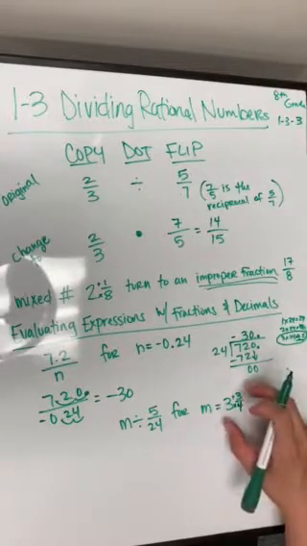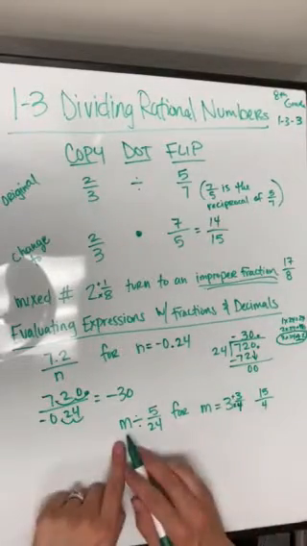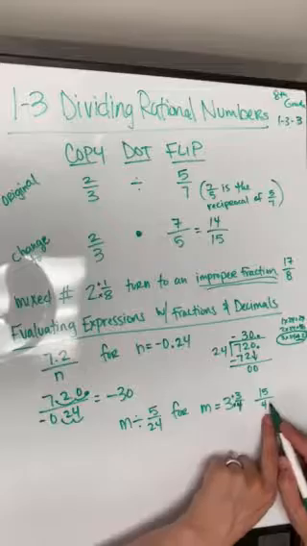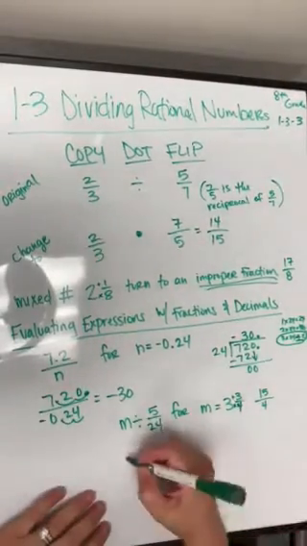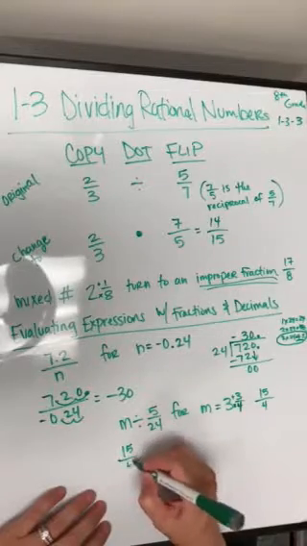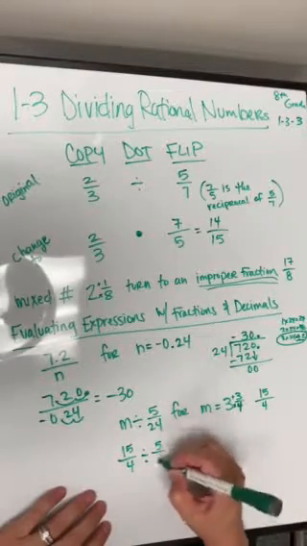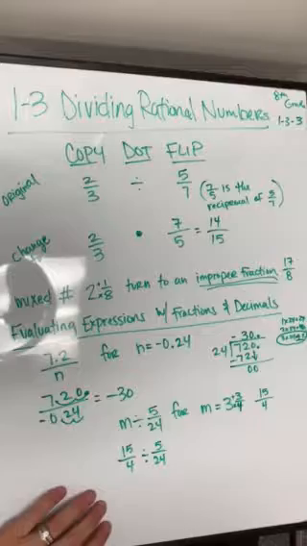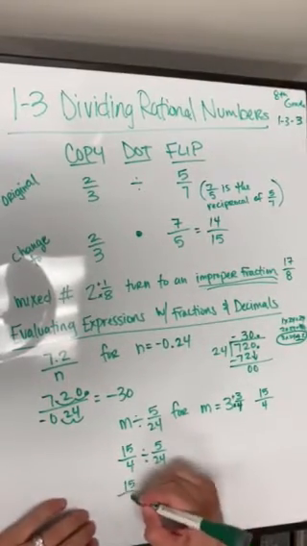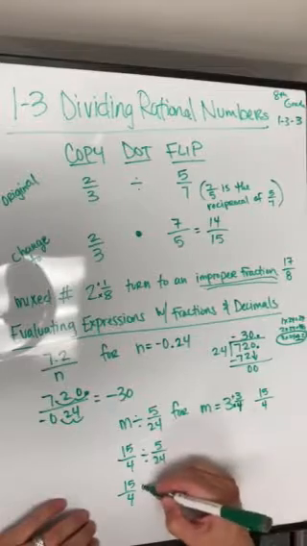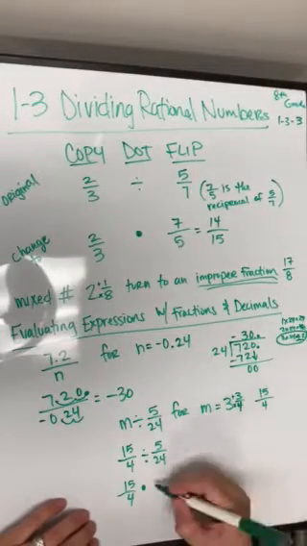Instead of substituting 3 3/4 in for m, I'm just going to substitute 15/4 in, so then I don't have to change it in the problem. So I have 15/4 divided by 5 over 24. And now I can do my copy dot flip. So I copy my first one, I change my division into a multiplication, and I want to flip that second one,